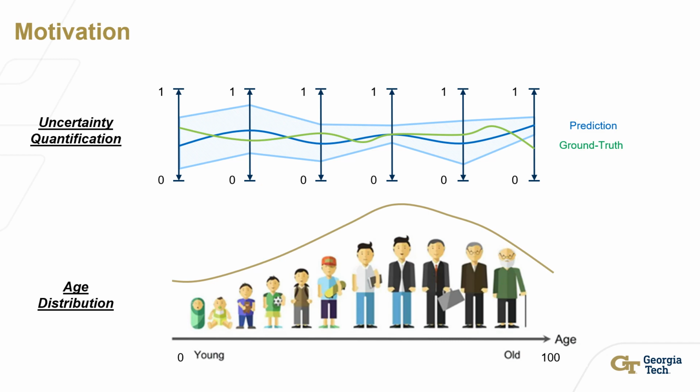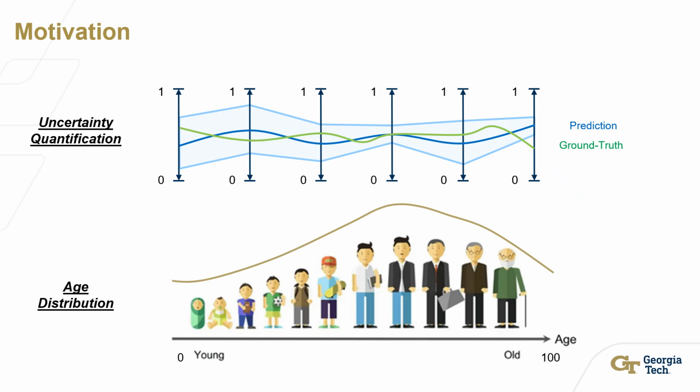Now, in such a scenario, when a deep regression model is trained, we are likely to encounter three cases. First, for the age groups with ample data, such as those between 25 and 45, the model is expected to yield low error with low uncertainty, which is perfect and what we expected. For the age groups that are minorities, we may either have low error with high uncertainty, which indicates that the model is underconfident due to the limited data, or high error with low uncertainty, which means the model is overconfident.